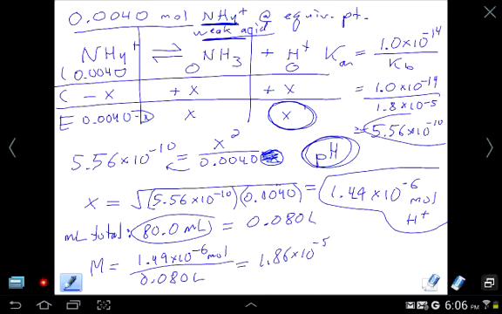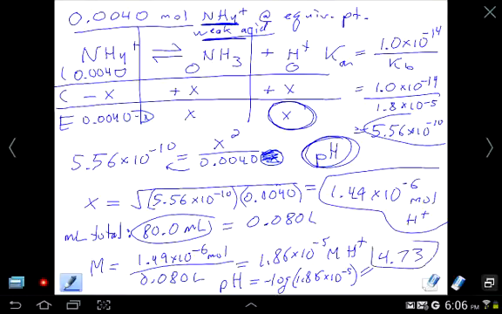This is the molarity of H plus. So the pH is negative log of that. So take the negative log of 1.86 times 10 to the negative 5 on your calculator. And that gets us 4.73 for our pH. So notice this whole problem focused on finding the pH at the equivalence point